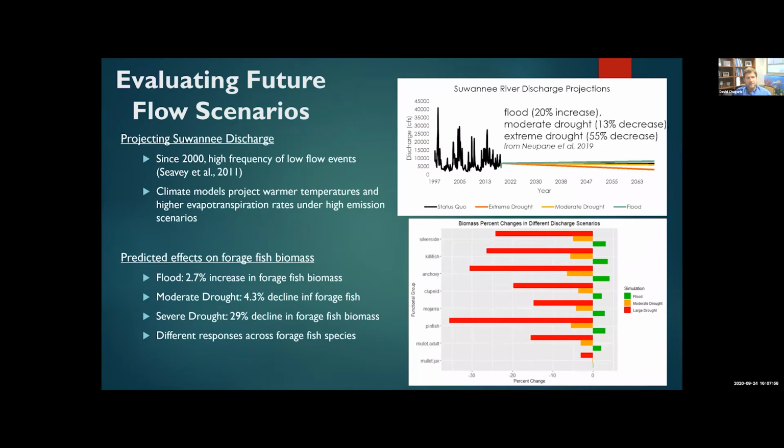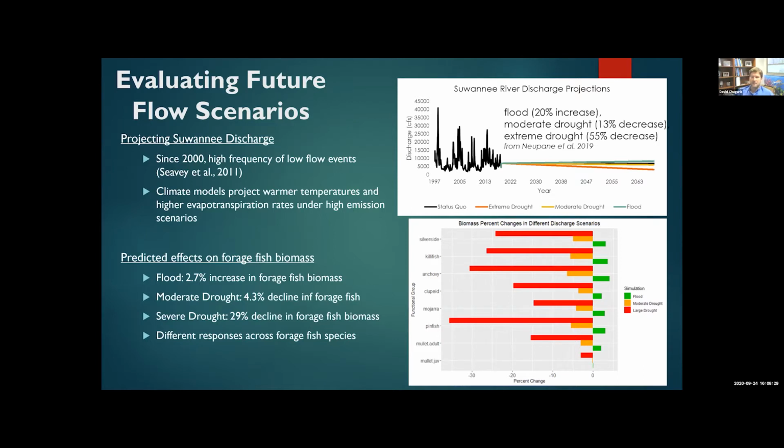And one of the things that Dylan's working on for his dissertation is evaluating these future flow scenarios. As many of you know, since about the year 2000, the Suwannee River has experienced a higher frequency of these low flow events. And long-term climate projection models are predicting warmer temperatures and higher evapotranspiration rates in the high emission scenarios from those models. And so what Dylan's done is run these projection scenarios through his ecosystem model, looking at different ranges of